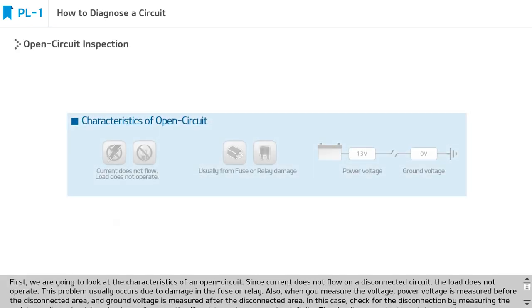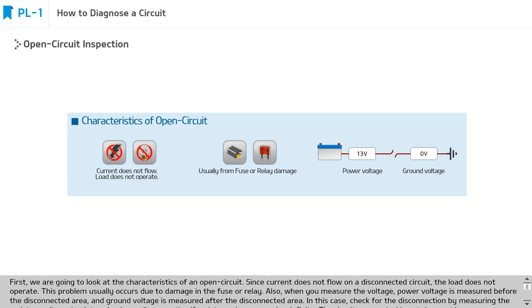First, we are going to look at the characteristics of an open circuit. Since current does not flow on a disconnected circuit, the load does not operate. This problem usually occurs due to damage in the fuse or relay. Also, when you measure the voltage, power voltage is measured before the disconnected area, and ground voltage is measured after